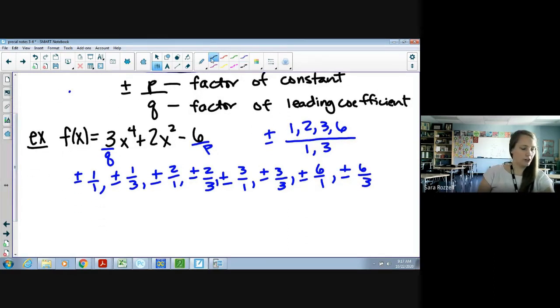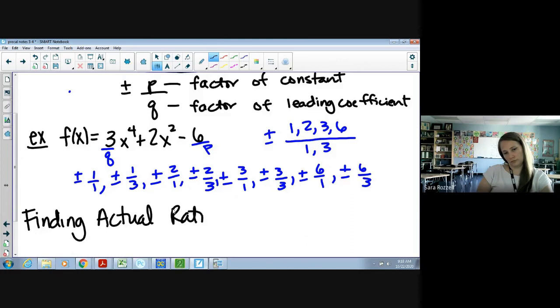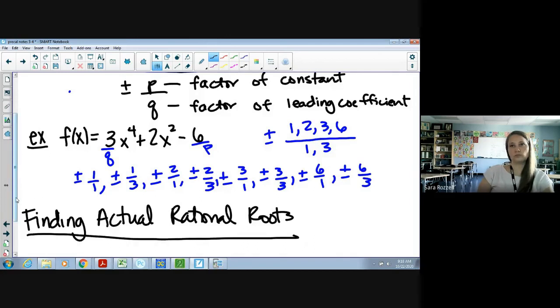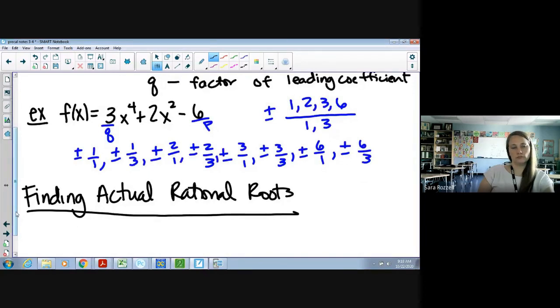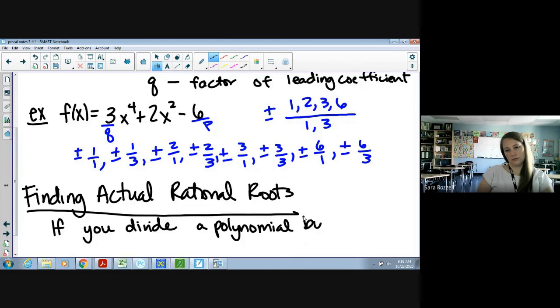But the statement's the same, and it's important for us to know that if we're trying to find our actual rational roots, here is an important statement: if you divide a polynomial by x minus c, and the remainder is 0,